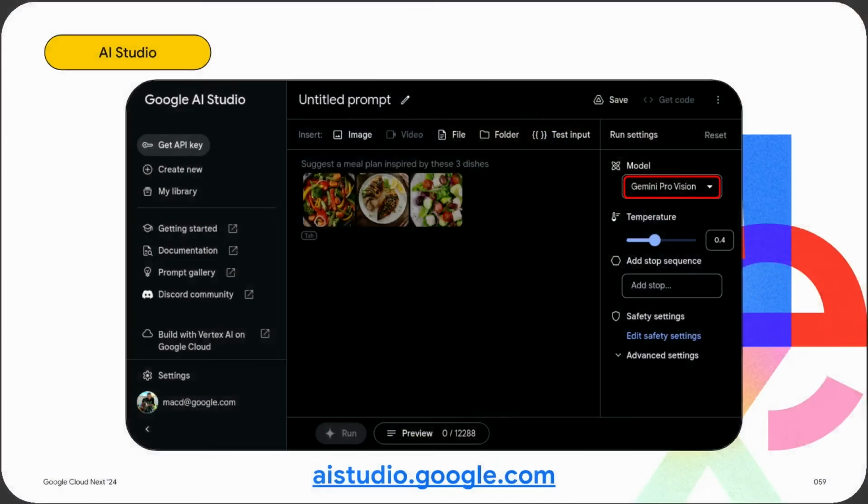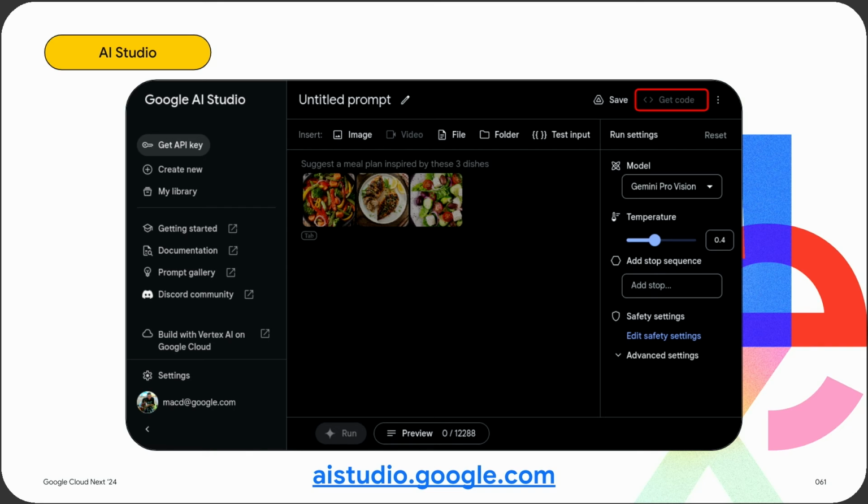So the first thing that you're going to do is start with getting your API key, as you can see in the upper corner. Then we're going to select our model. In this case, we're using Gemini Pro Vision again. And then you can provide your prompt by asking the model something you want to do in natural language. In this case, we've provided 3 images and asked it for a meal plan based on what it sees in those images. So once you start to see it working as you desire, so once it's starting to look good,